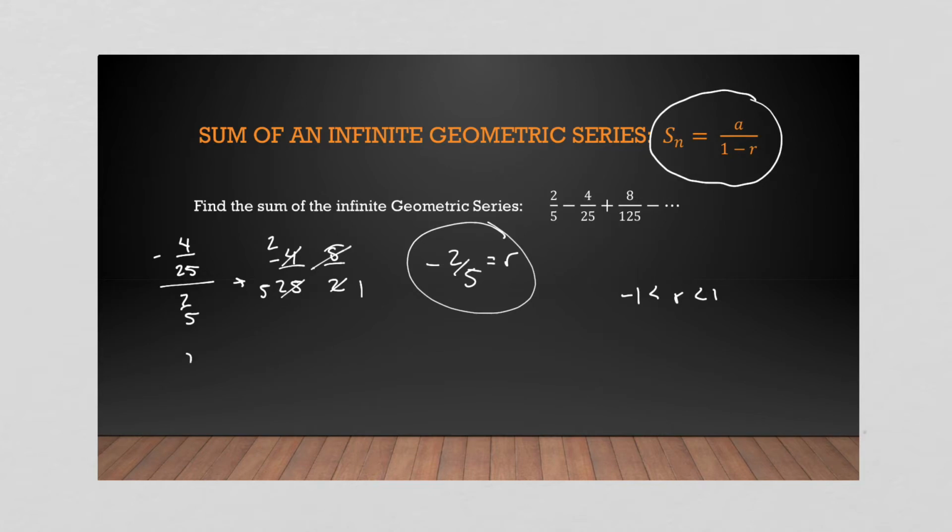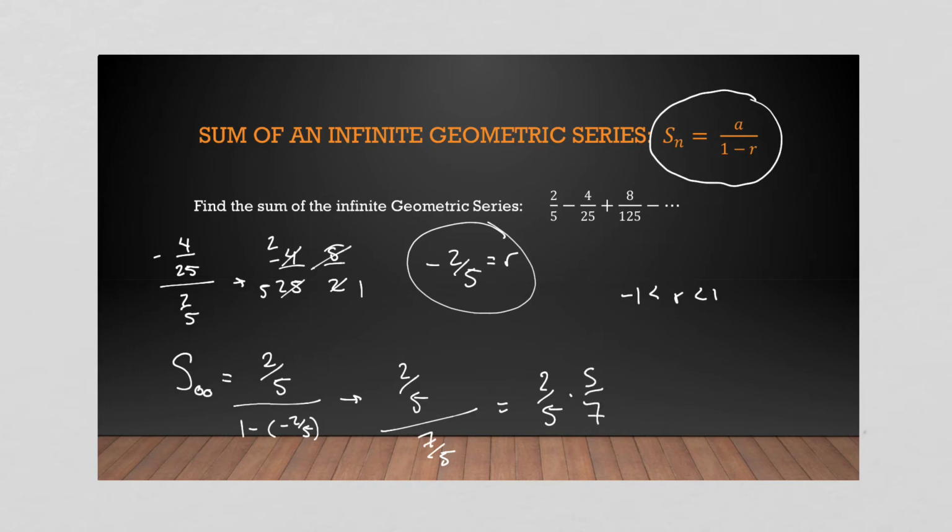So then we just plug this in. In this case, n is infinity. That's why we don't need n in our equation, because we're an infinite series. My a value is 2 over 5, and my r value is -2 over 5. So you get 2 over 5 divided by 1 plus 2 over 5, which is 7/5, or 1 2/5. And then crunch that in our calculator, we get 2 over 5 times 5 over 7. And what do we get? We get 2 over 7. So our total will converge to 2/7, because the number we're adding gets so infinitely small that we just say